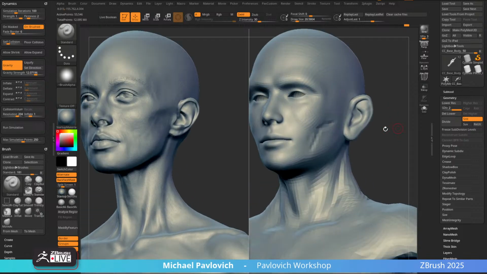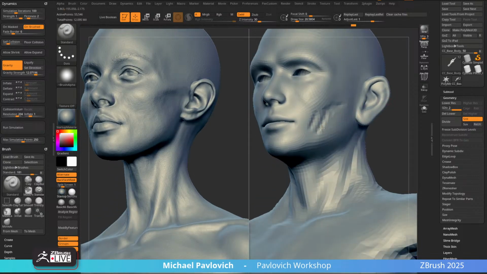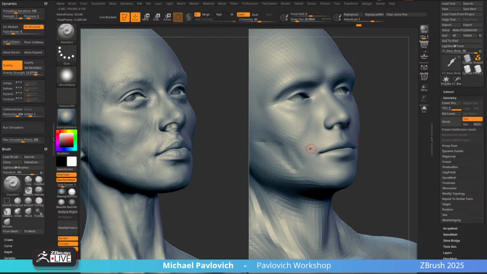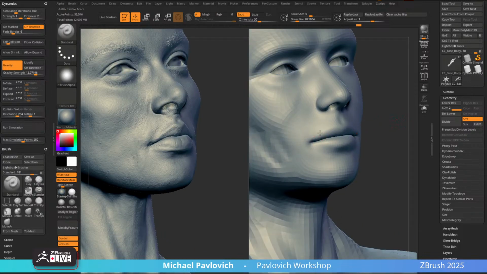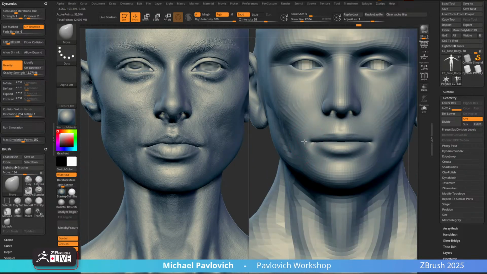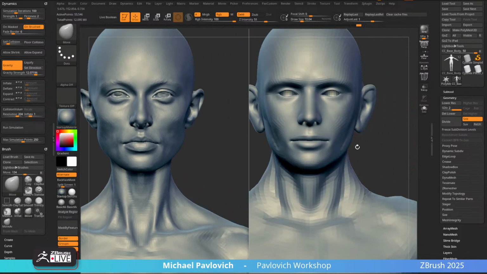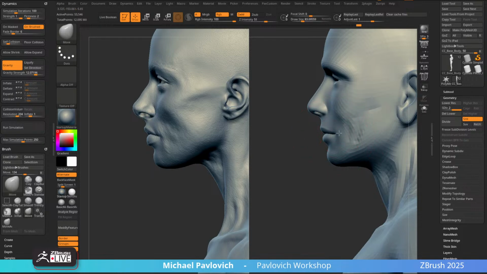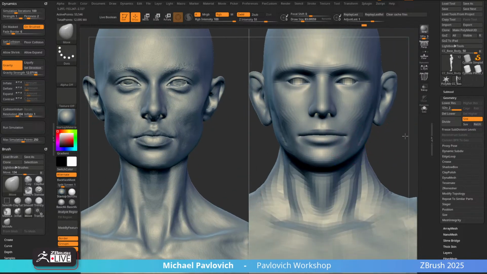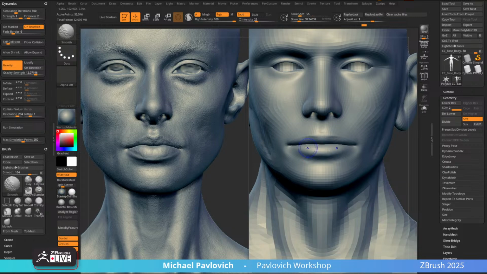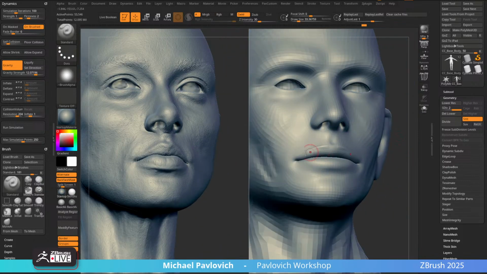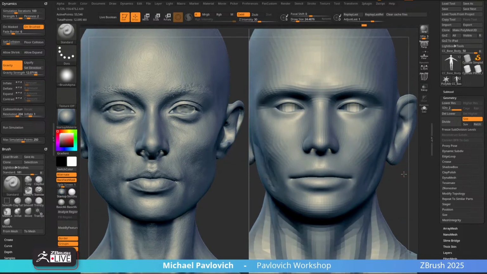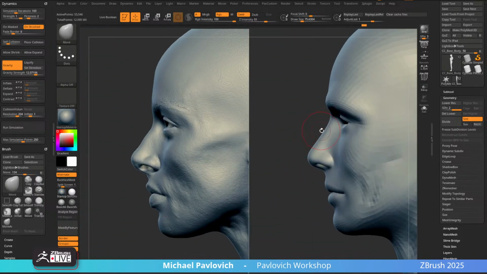So let's go through here and start, again, just knocking in some of this. And we'll stretch this mouth out just a little bit here. We'll thin the lips out. And, oh, we got a good profile. This nose is going to be,